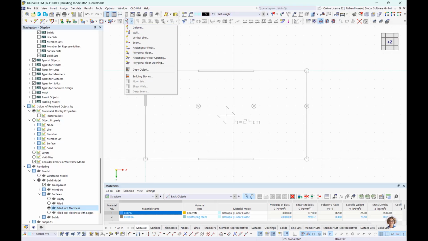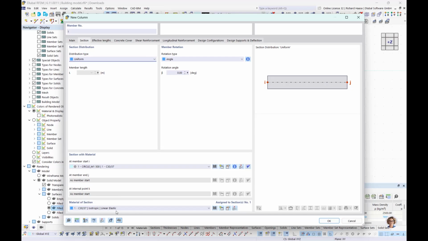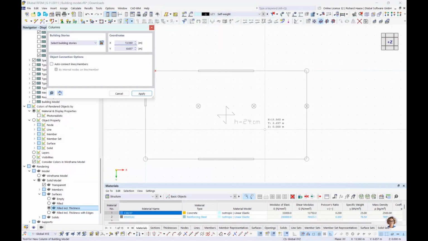So yeah, this button is really limited to the building model add-on, and this button gives you the option of modeling via the bird's eye view. So let's start with our columns. Okay, yeah, we choose our measured section, and here we can select the building stories, and let's say, okay, we have this column in all building stories. Apply,